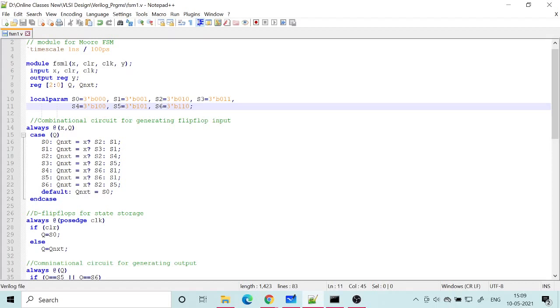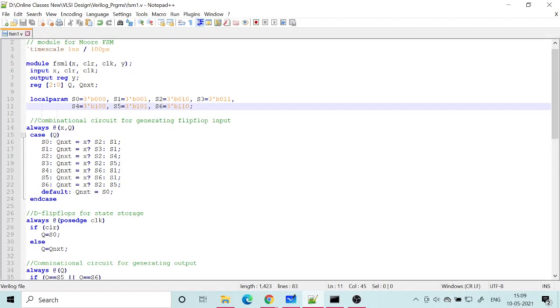So I defined the states. Now I have assigned the values that the flip-flop, or the register, should keep when it is at S0. It is 000. So that should be the state of the flip-flop, and only then can we implement it. Now I need to tell how it should change, how the next state should be decided based on the present state as well as the current input.